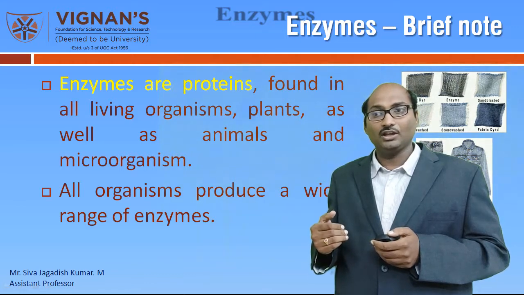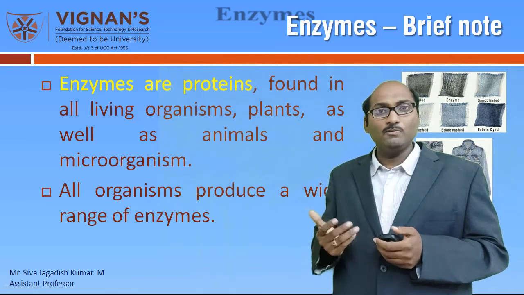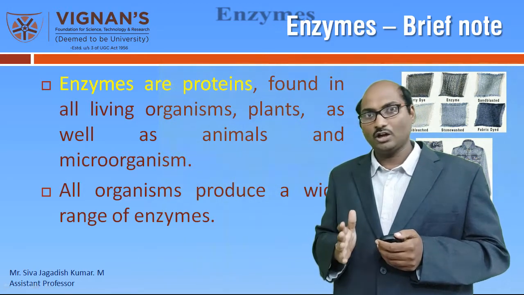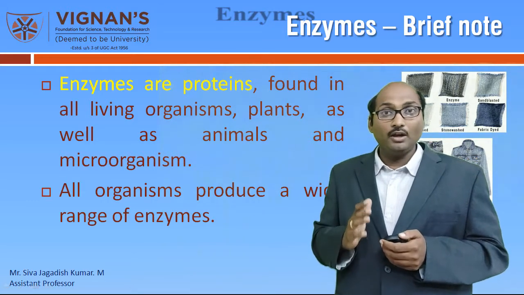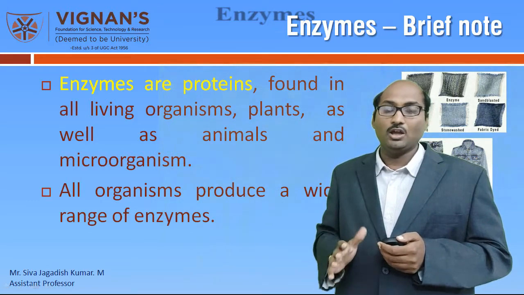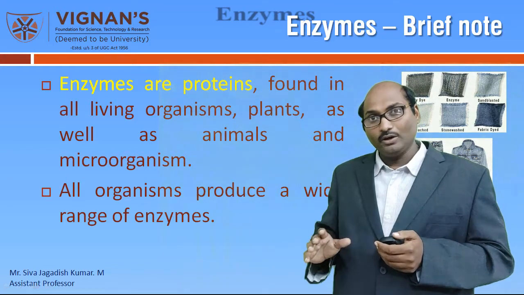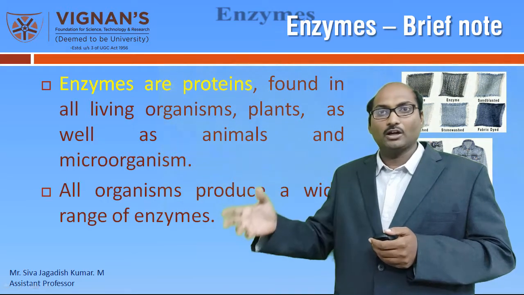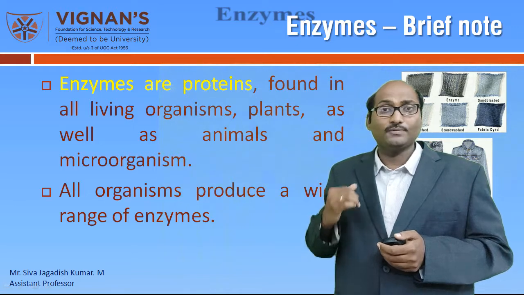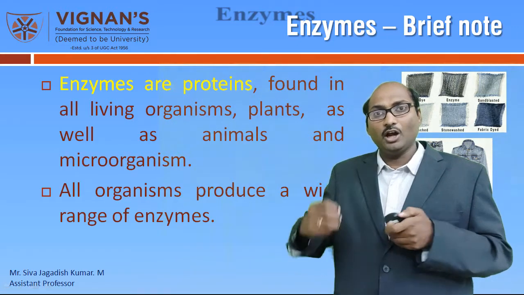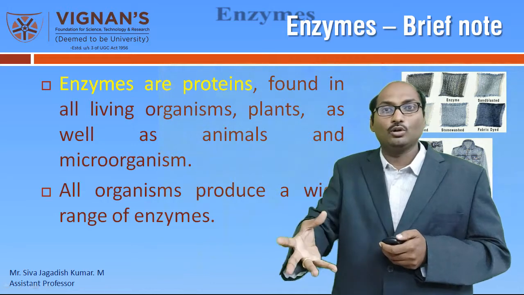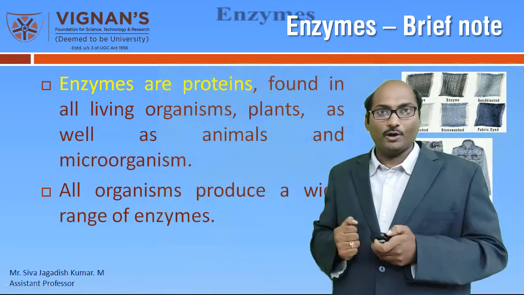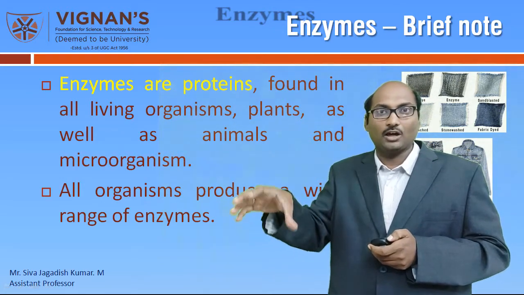What happens is, people will not be able to digest this. Will you be able to digest after eating grass? No, it is not possible. Why? Because our digestive system does not produce any sort of cellulase. But cattle produce cellulase in their digestive system. So when a cow or buffalo eats grass, which is full of cellulose, the cellulose is converted into glucose, so that the nutrients are absorbed by the body of the cattle.